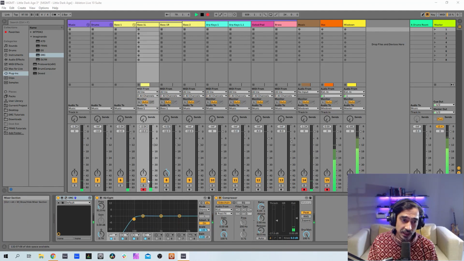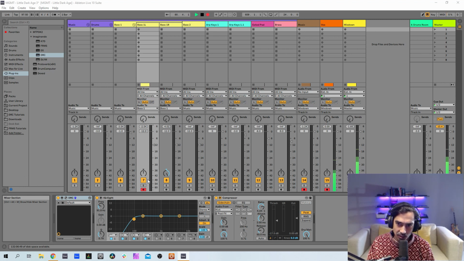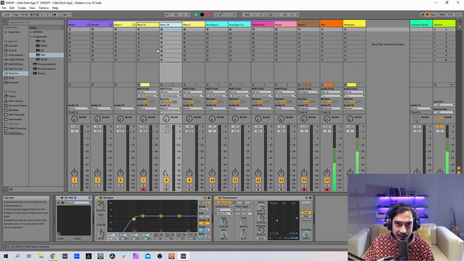One of the really cool things about the RC is that since this is a virtual analog synthesizer, we actually went to lengths to give it the character of a true analog synthesizer. There are little differences between each note, so that when you play a note consecutively, it won't play exactly the same. So what happens when you have two patches exactly the same, because these two patches are exactly the same DRC, and you hard pan them and you play them at the same time, you get this really cool stereo effect.